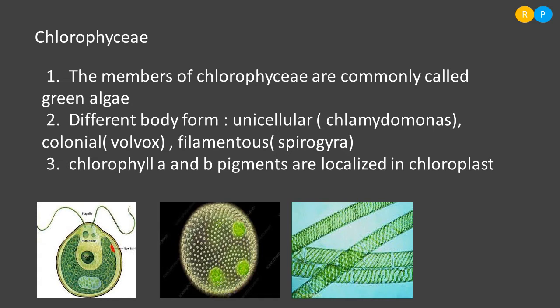These two pigments are localized, that means they are distributed in one of the cell organelles that is called chloroplast. Understood? Algae are eukaryotic plants, eukaryotic primitive plants. So they consist of a cell organelle in their body for this pigment. That cell organelle is named as what? Chloroplast. Chloroplast is a cell organelle where we can find chlorophyll pigment. So what are the two types of chlorophyll pigments we have here? Chlorophyll A and chlorophyll B.